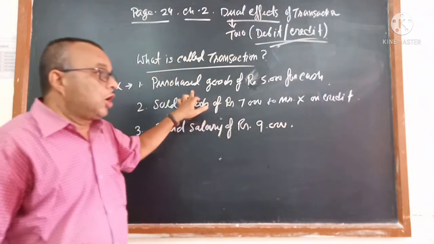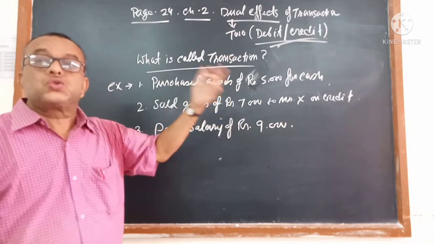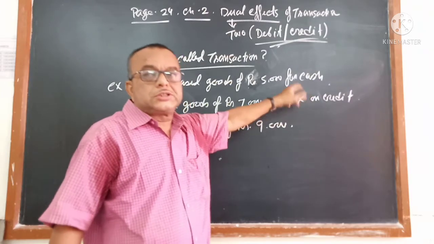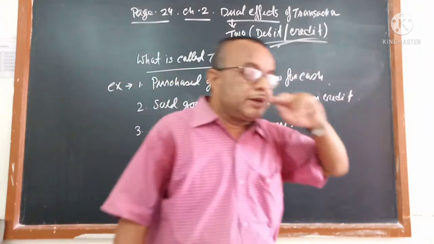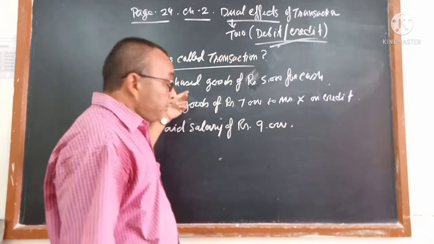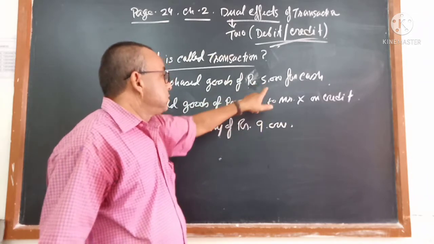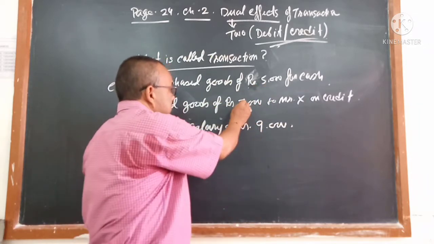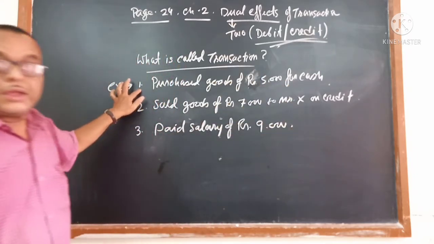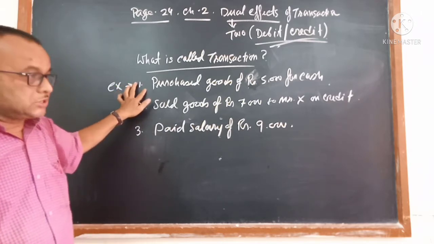There should be exchange of goods, services and money. When you purchase, goods came and you have given cash. So there is an exchange between the goods and money, and the second point is also over. And the third point is already given for all 3: there are 5,000, 7,000 and 9,000, so it was measured in terms of money. So it is an economic transaction, or it is a transaction.